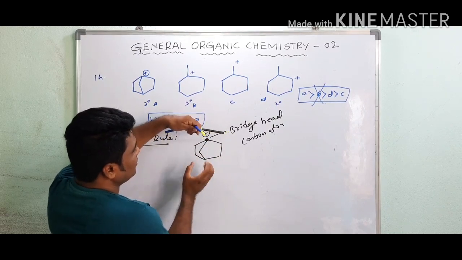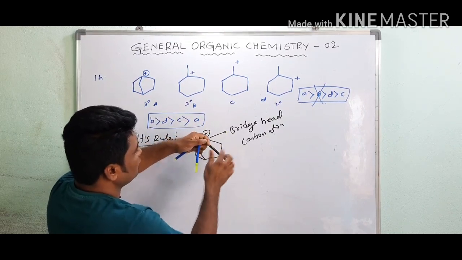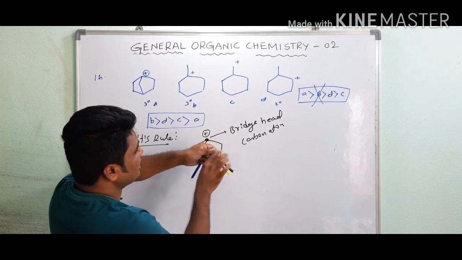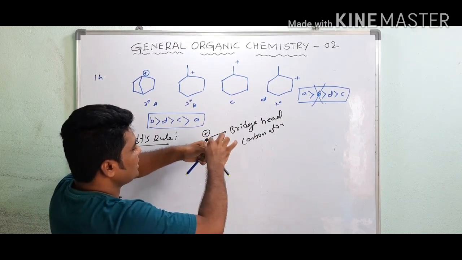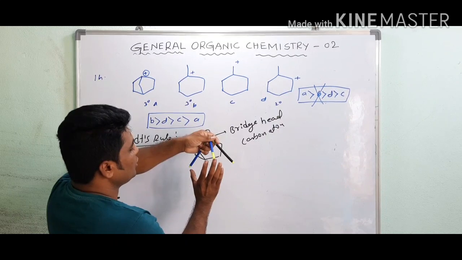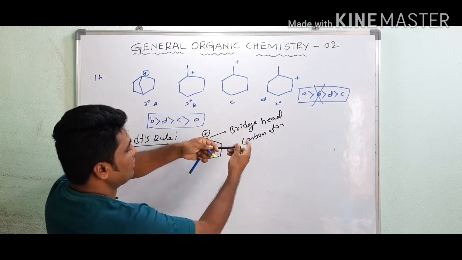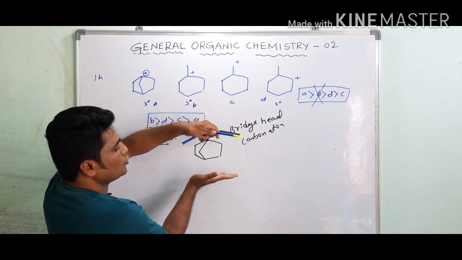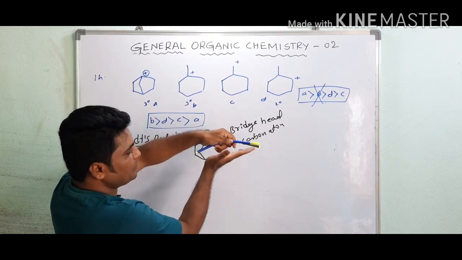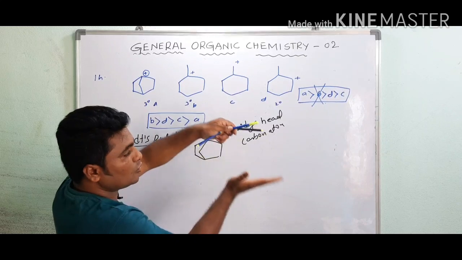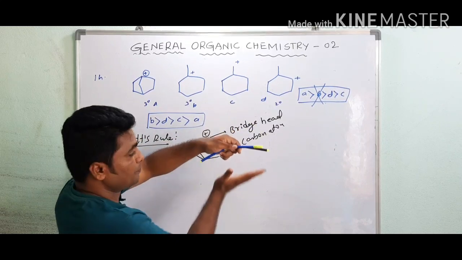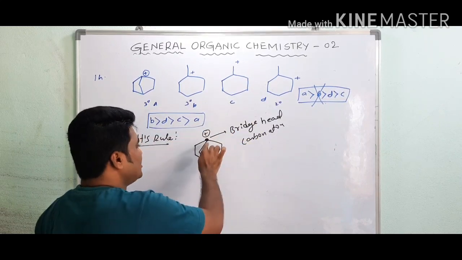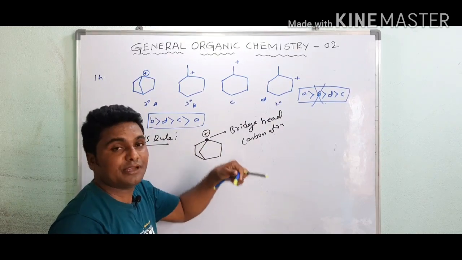See, this is a ring below. This is the bridgehead carbon atom. With the positive charge present, sp2 hybridization, it comes into one plane, a planar triangle like this. When it comes into the plane, these bonds come closer to each other, and there is a repulsion between what? Electron clouds. Due to this repulsion, this bridgehead carbon atom does not come into the plane.